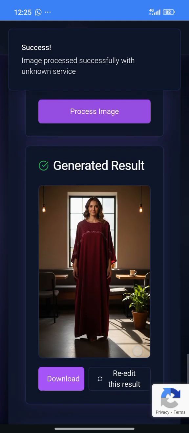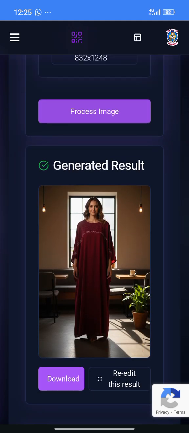Okay, you can see how it brought it out depending on the presets I chose, right? So I could have maybe the background, if I change it to white background or studio background, you see it's different. So I choose lifestyle. So it depends on how you use it and how you prefer your images to come out. So you can see the item came out very well. You can also re-edit a result you get. For example, if I click re-edit this result,